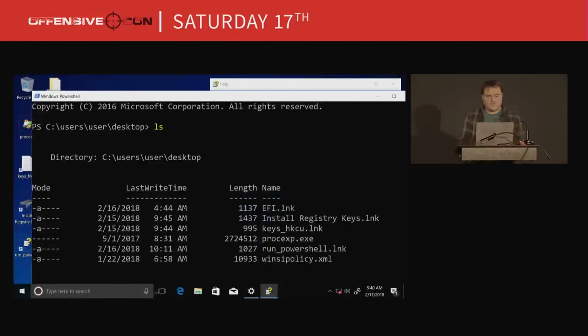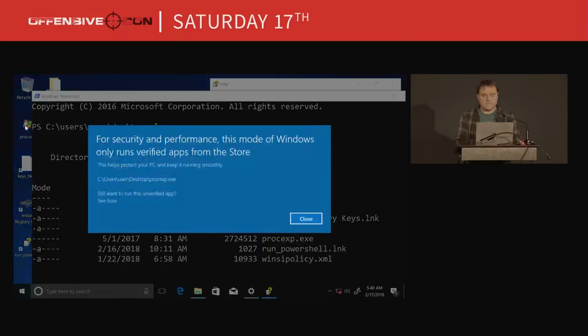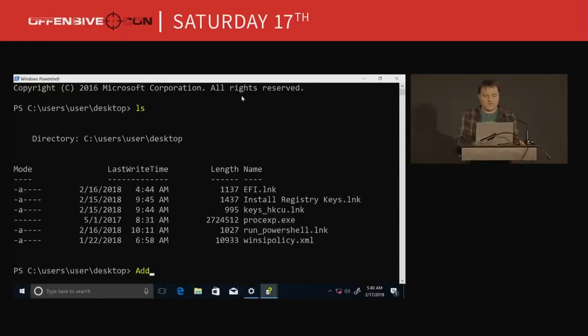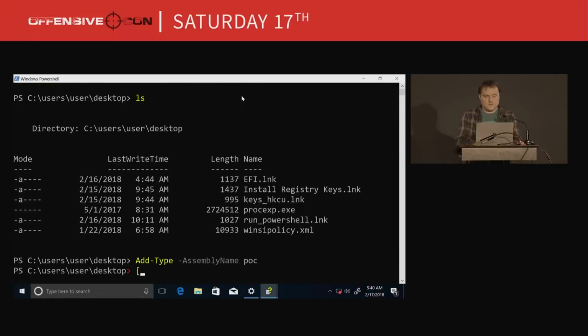So let's hope this demo works. I've got Process Explorer, and I'd really like to run it. Process Explorer is a Microsoft signed binary, but it's not signed with the correct EKUs which allow you to run it on Windows 10 S. So if I copy processexplorer.exe and create procxworking.exe,